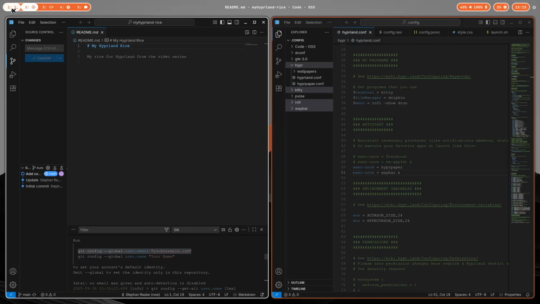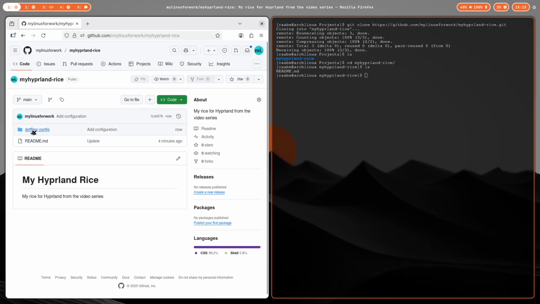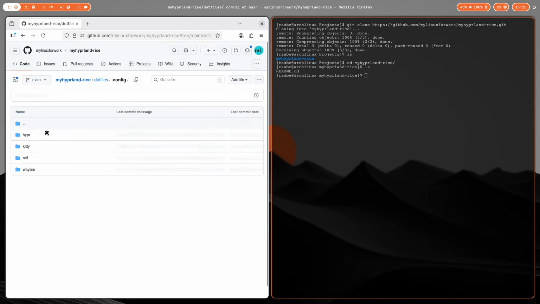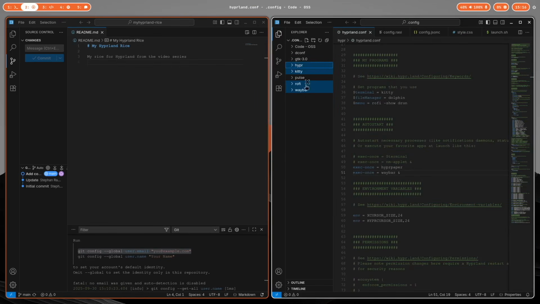Done. Let's go back and reload that page. And you see now that here's the .files folder with the subfolder .config. And here are the folders Hyper, Kitty, Rofi, and Weber with your configuration. Yeah, that's perfect. So every time you make changes in your .config folder, you can copy the changes from